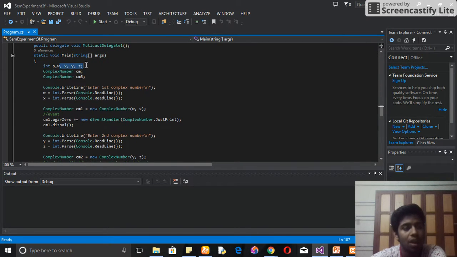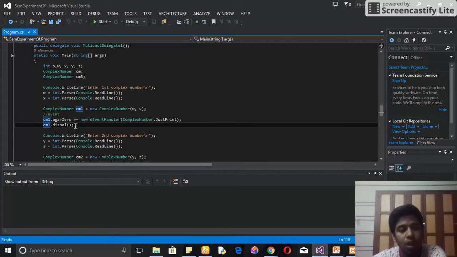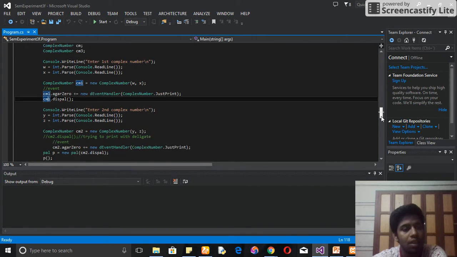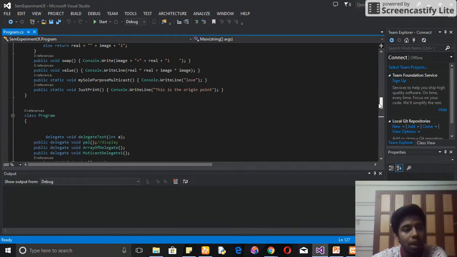First I am declaring all the required variables, and I created two objects for the complex number. For the first complex number I am assigning the value, calling it cm1, creating the object and passing both values. Then for the event handler I am using c1 dot argument. For that method, it is calculating, and to this new event handler I am passing this method. When this object is called, it will be printed. Then the second time I am taking a second value, assigning it again, and calling it again just for printing, and after printing it will print my